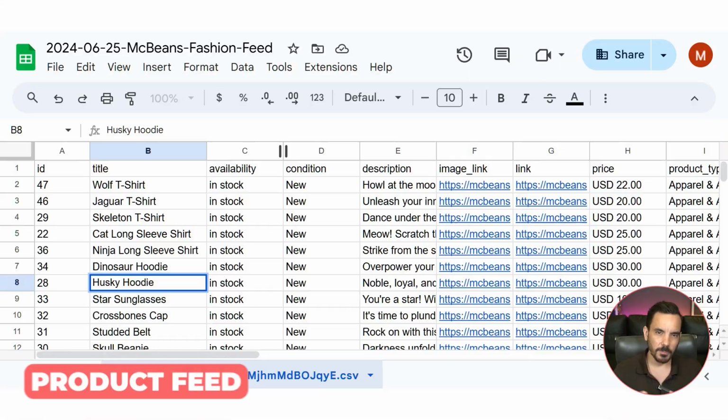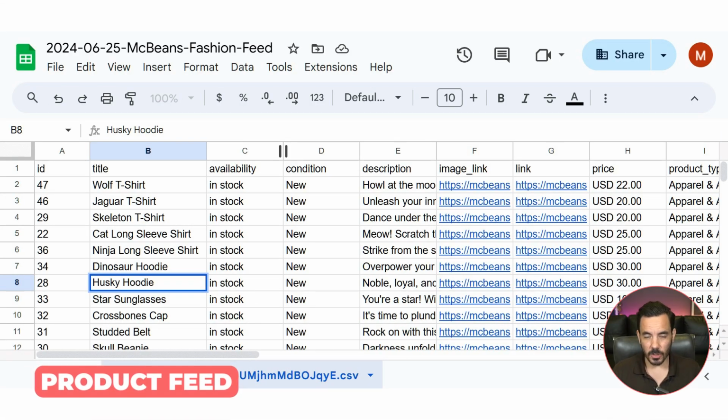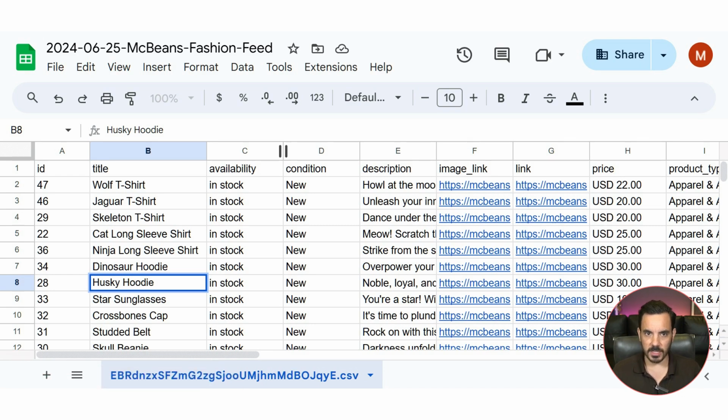Think of it as Google's copy of your online store catalog. Your products live there before they can show up as shopping ads. And the product feed is what actually fills that catalog. A product feed, also known as a data feed, is basically a spreadsheet, .txt or .xml file that contains all